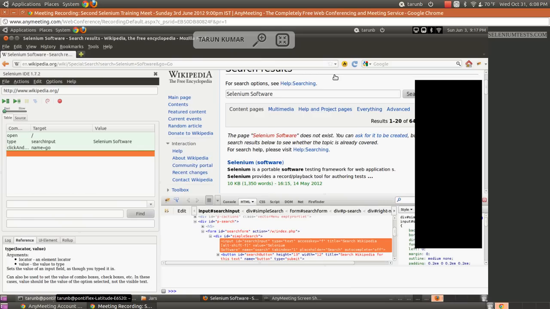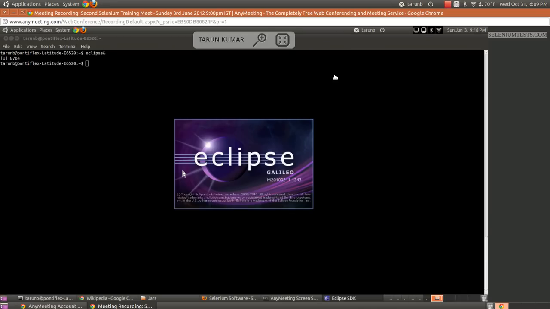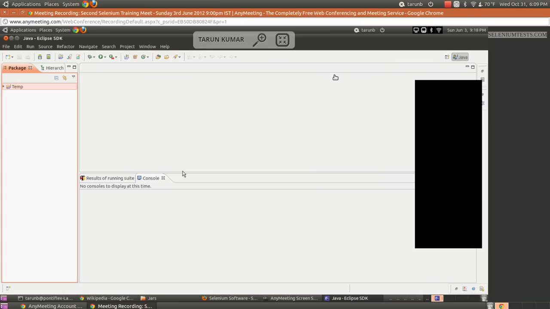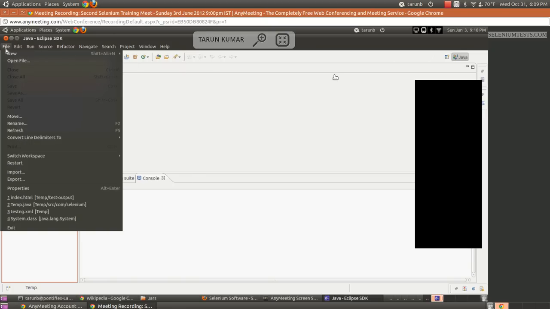So I am going to use one Java IDE at this point, which is known as Eclipse. And we'll see writing tests in that. Yes, you can use Selenium IDE for XPath, so there's no problem with that. So let me just launch Eclipse here. I have downloaded it. So this is Eclipse coming in. This is the Java IDE using which we will be writing tests. I'll try to cover a bit of Java here also, but not in much detail, but I'll see how much I can do. So we'll create a new project here, which is going to be a Java project.